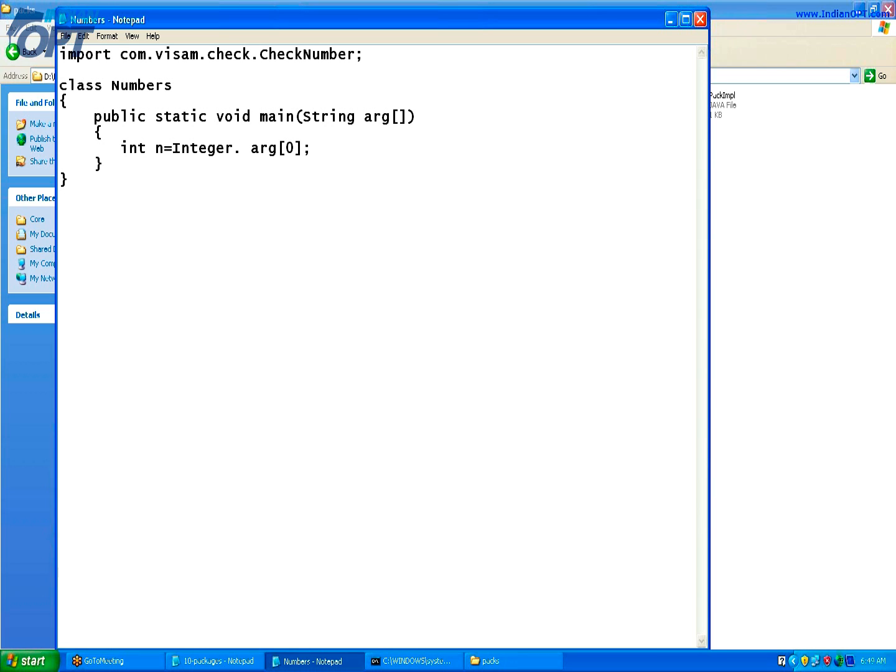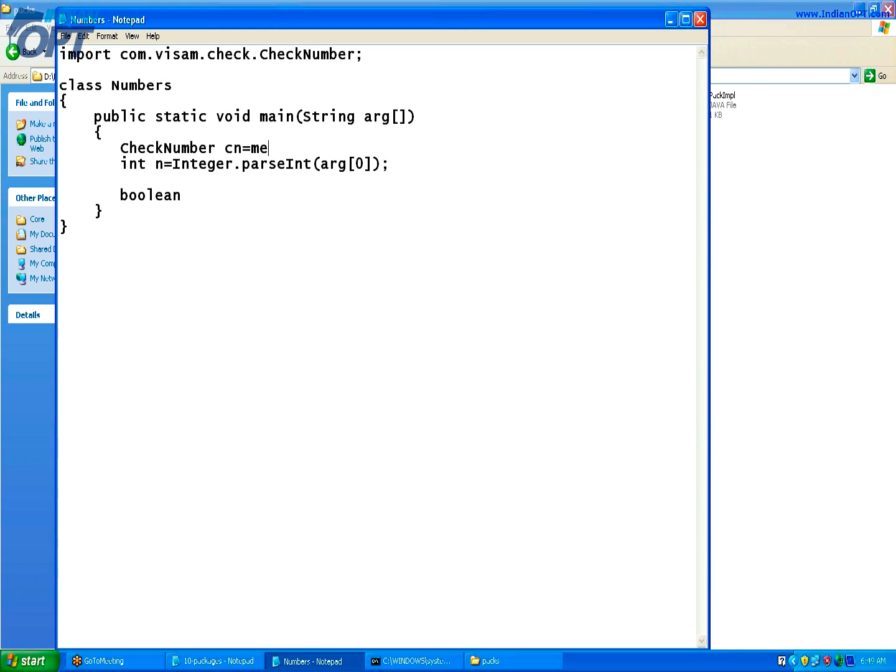When you say non-primitive data type, they are nothing but classes. So whenever you say a class, they'll have some set of methods or services. So I'm using one of the services of Integer called parseInt. What I'm doing is converting the character or string data into integer format and giving it to the variable n. After that, I'm trying to take one boolean variable. Before that, checknumber